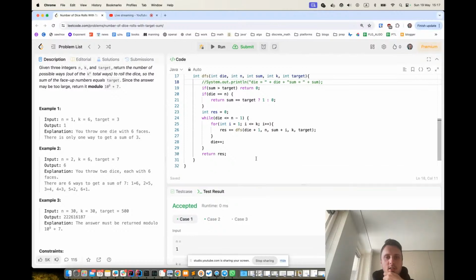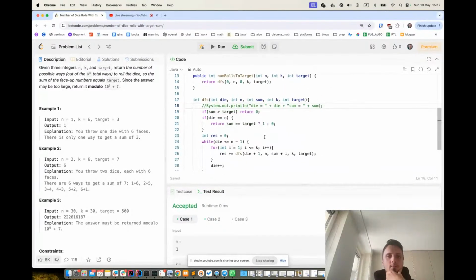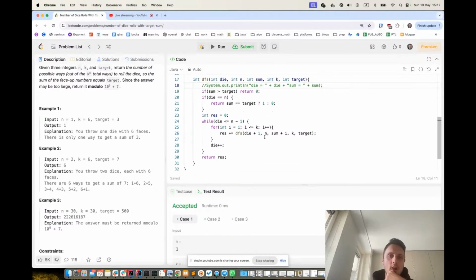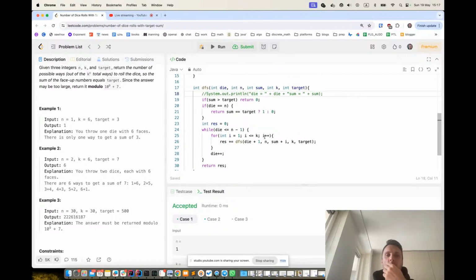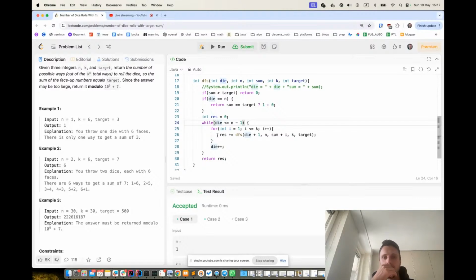So with this big test, what we can do is present some memoization and have for some die and number of dice, we have some